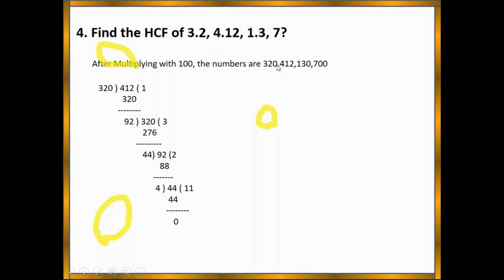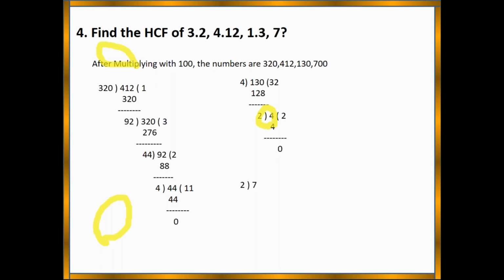But we have the third number 130. Just to check whether 4 divides 130 or not. If you say 1 is the divisor, that number should divide all the given numbers, that may be 3 numbers or 4 numbers. 432, 128, 2 is the remainder. So again 2 is the divisor for the previous divisor 4.